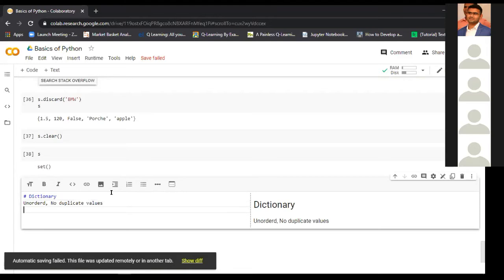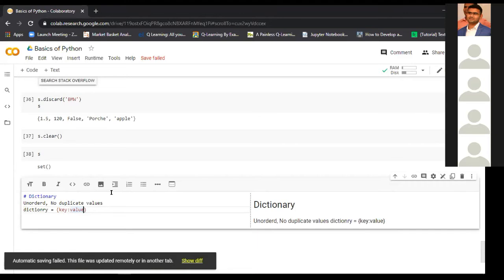So let's take a dictionary example here. A dictionary is also represented or initialized using curly braces, but in the dictionary we have key value pairs, like a real life dictionary. We have the pages indexed, or the words are in alphabetical order.